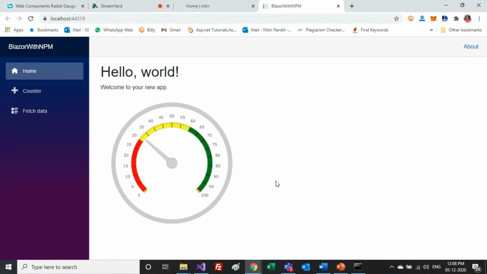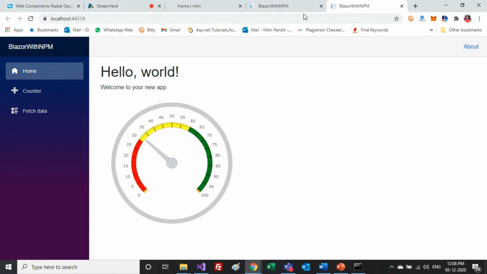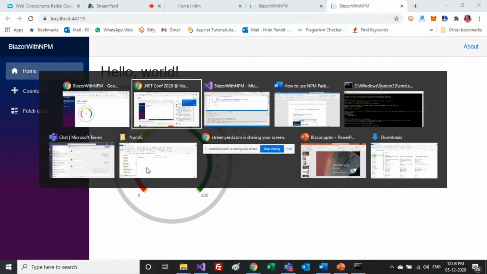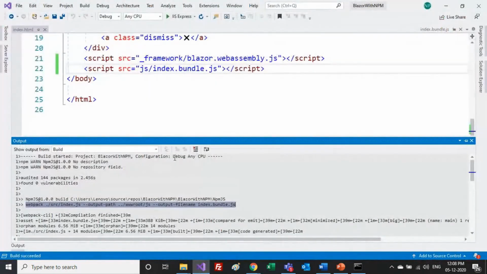Yes, it's perfectly working. It's simply showing you the value that you have put over here, and that was simply 32. This is the current output of our application, the output that we built. We refreshed the last one, and this is the new one. You can see it's beautifully working.